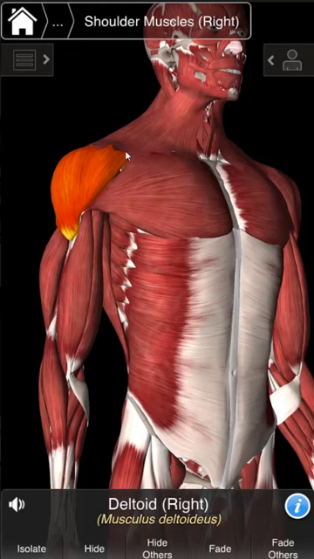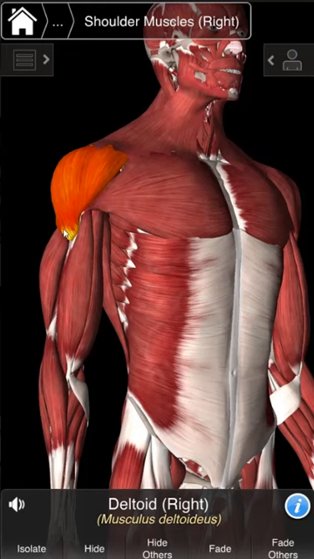So it runs from, again, basically the lateral third of the clavicle, all along the acromion, lateral third of the spine of the scapula. And then, so effectively with deltoid, people oftentimes refer to it as having three parts to it, not necessarily three heads, but three parts to it. So effectively there is an anterior aspect, which are these fibers here in the front. There is a lateral or middle aspect, is what people call that sometimes, and then there's a posterior aspect back here. So all three of those sections come together and have a common tendon of insertion down here into the